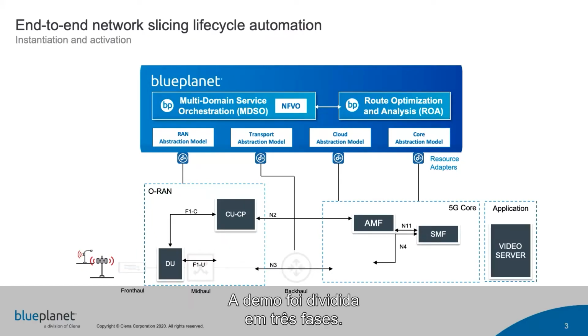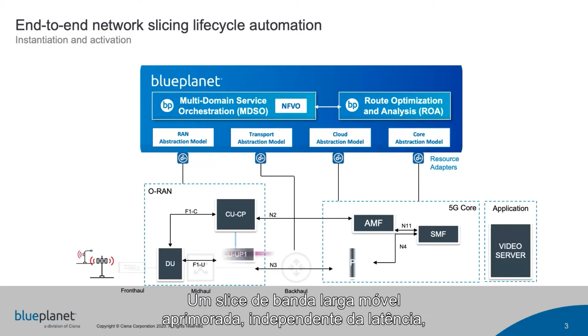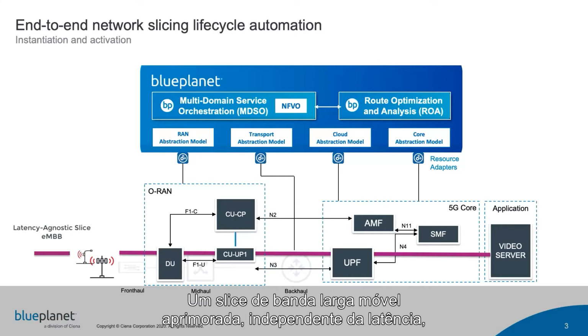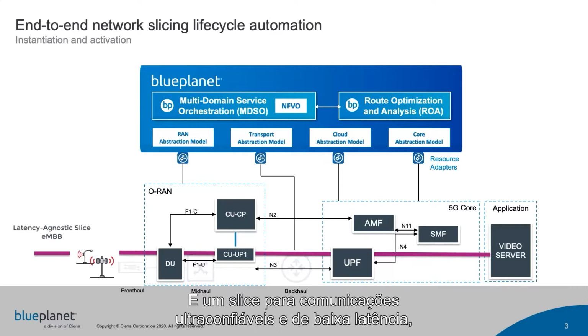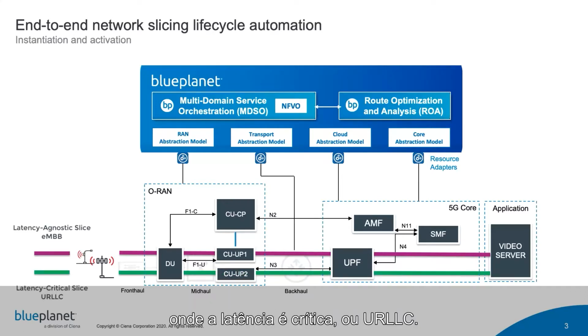The demo is divided into three phases. As part of the instantiation and activation phase, we will begin with the instantiation of two network slices. One latency agnostic enhanced mobile broadband or EMBB slice, and one latency critical ultra reliable low latency communications or URLLC